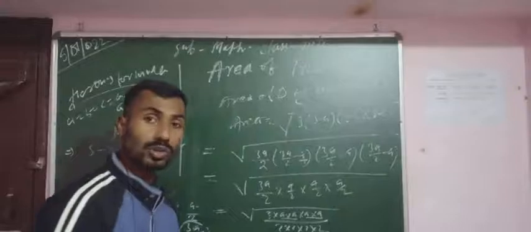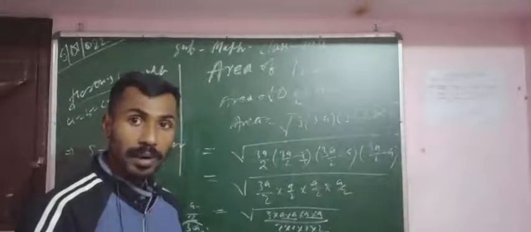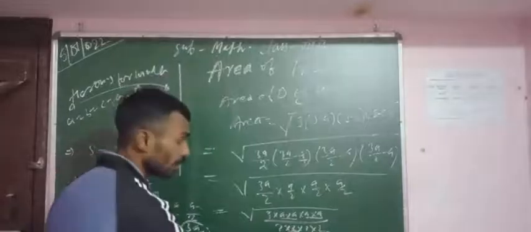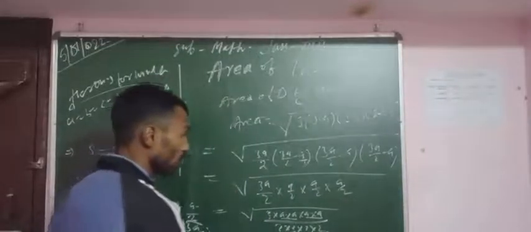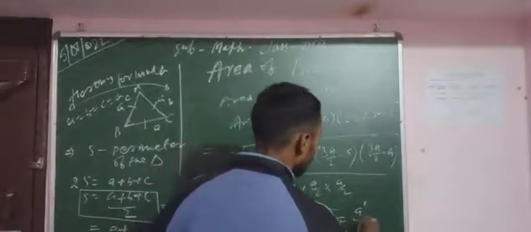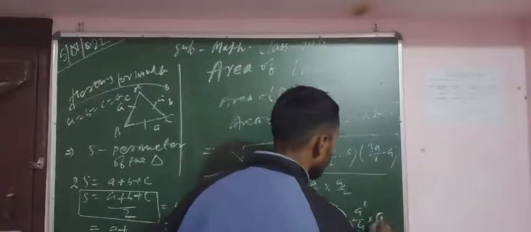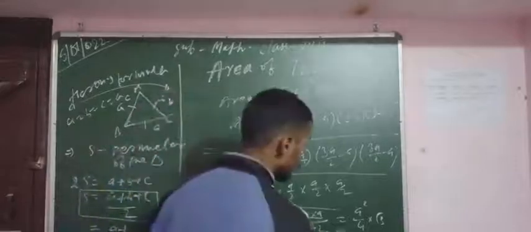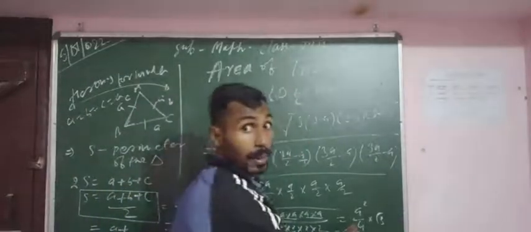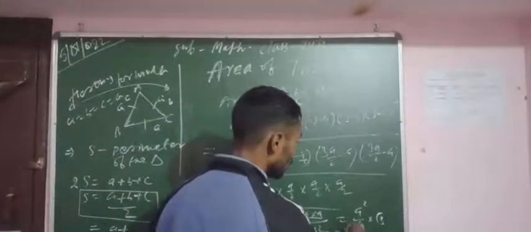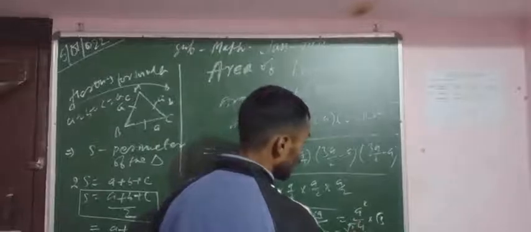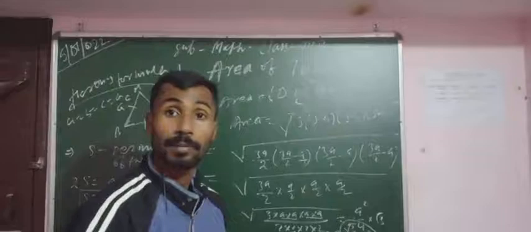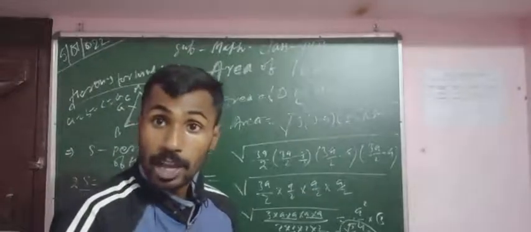अगर inside the root 2 नंबर सिमिलर हो तो एक नंबर बाहर आता है. अगर 2 नंबर सिमिलर हो तो एक नंबर को बाहर करेंगे, नीचे से 2 आ जाएगा डबल 2 एंड ऊपर से डबल a. तो फाइनली यहाँ पे हो जाएगा कि a square by 4 into root 3. तो फाइनली we can write root 3 by 4 a square. Okay, root 3 by 4 a square is the required formula to calculate the area of equilateral triangle.